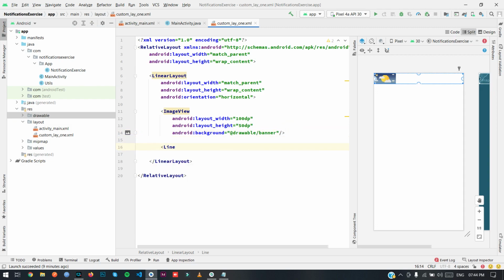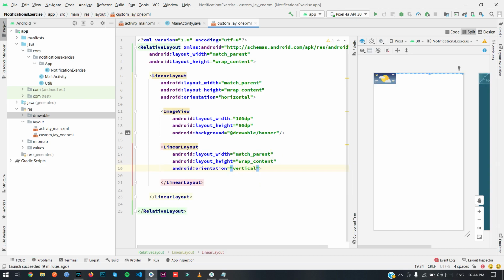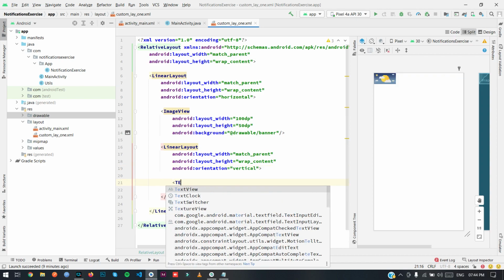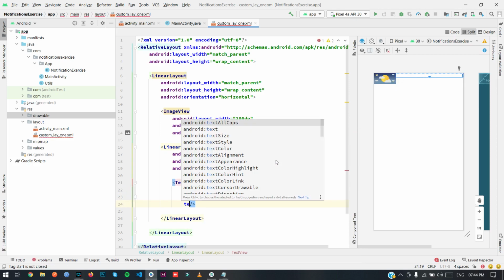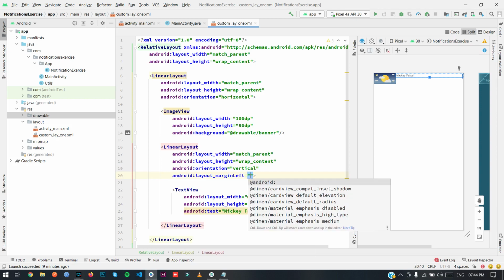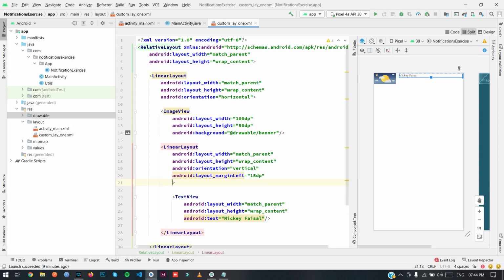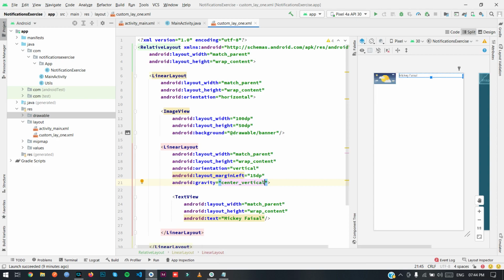Then I'm gonna create a linear layout, width wrap content, height wrap content. I'm gonna set its orientation as vertical. Then I'm gonna create a text view, width wrap content, height wrap content. Okay, text: I'm gonna give it my name. Okay, so first margin left 15 dp, gravity center vertical.